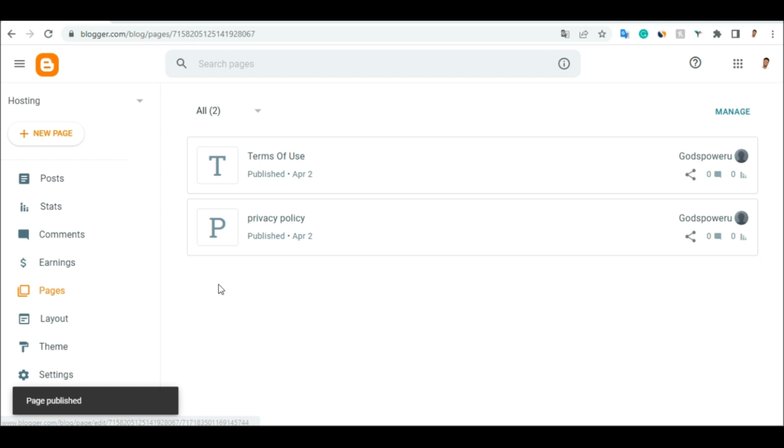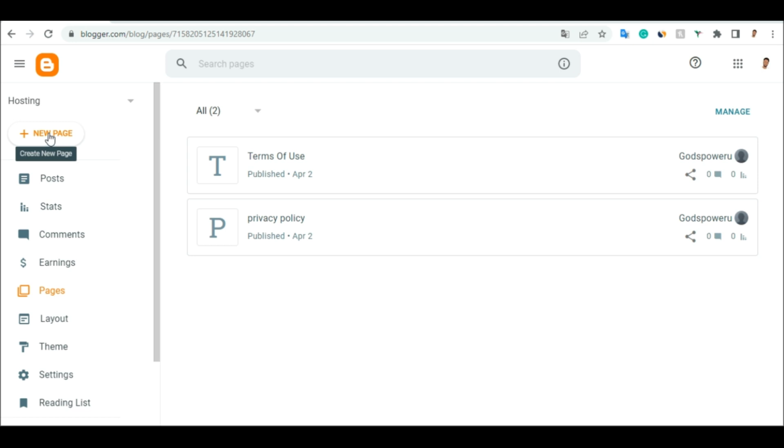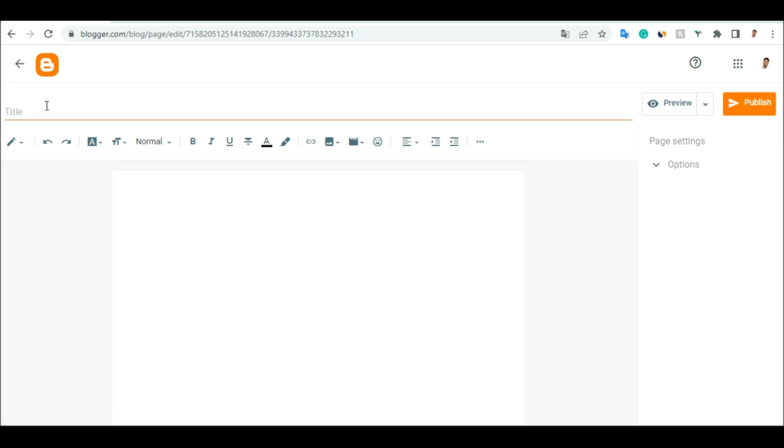So the next page we are going to create is going to be the contact us page. This one is different. There's another way you can do this, and it's not like we just did on those ones here. So I'm going to show you how you can create your contact us page. What you need to do here now is to click on this section that you want to create a page. Click on this section again, and you need to write in here contact us. Sorry about that, wrong spelling. Contact us, and once you click on contact us,